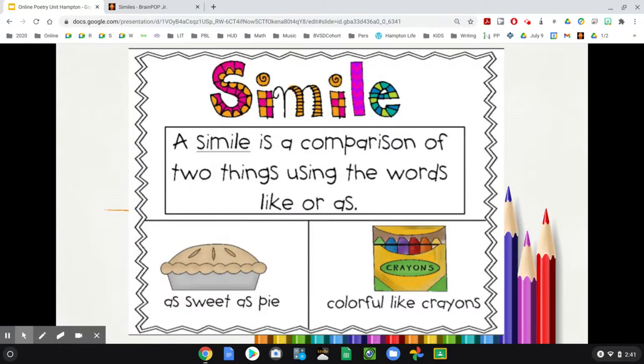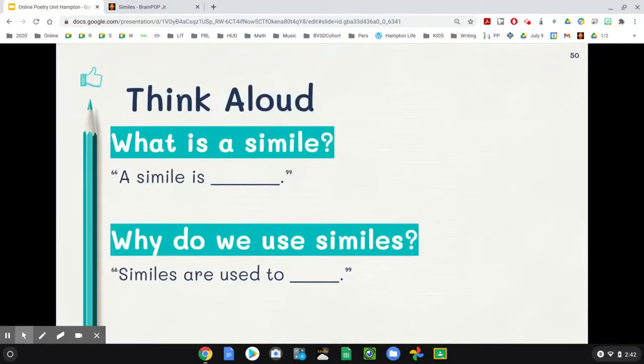So, we know that similes are words that we can use in our writing every day, and we're definitely going to be using them for our color poetry that we're going to be creating over the next few days. So let's brainstorm and try some things, okay? So here's what we're going to do. First, I want you to think aloud. What is a simile? I want you to finish this sentence. A simile is,